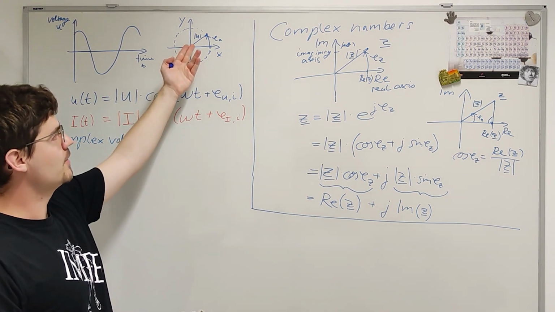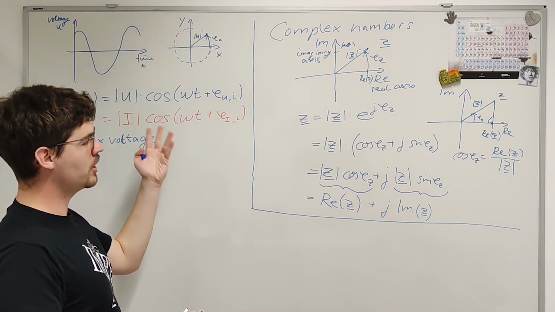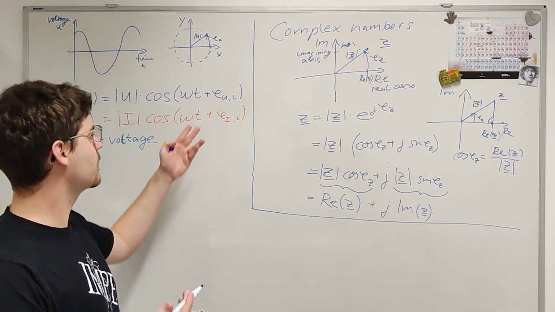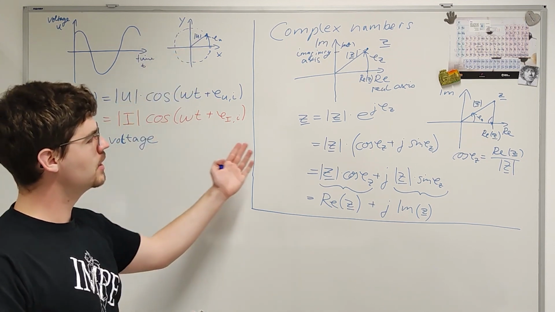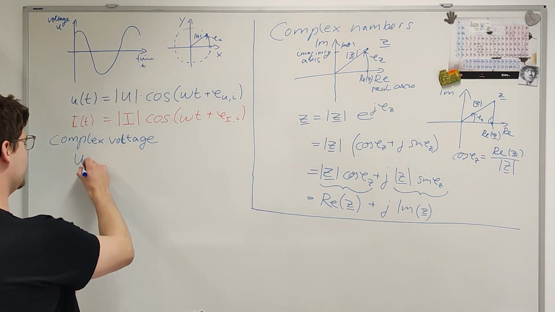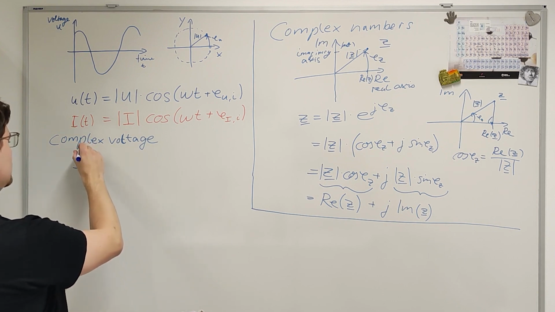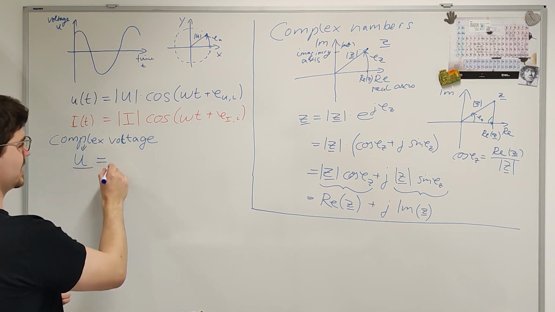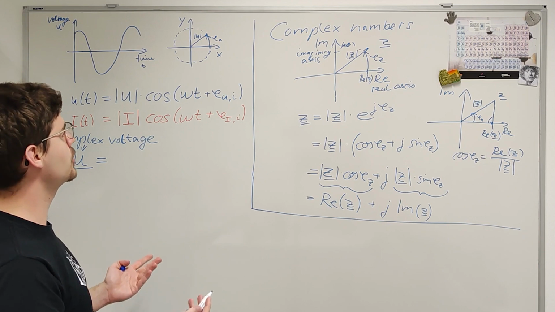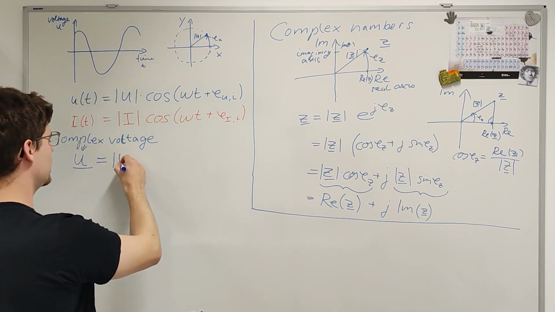We already derived why it can be described as a point rotating on this circle. And so now we just use this display of this kind of rotating point, but with a complex number. And so we have the complex voltage U with the underscore to denote that it's a complex number. Yeah, it's this one. It equals the magnitude of the voltage, which we have previously used in our equation,